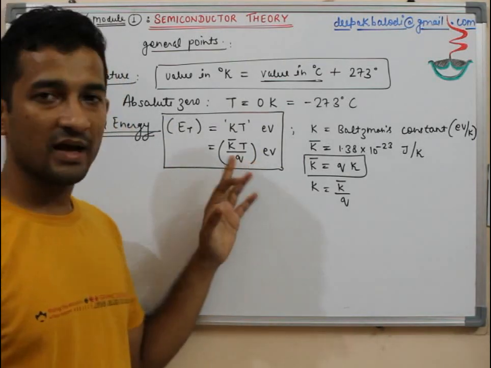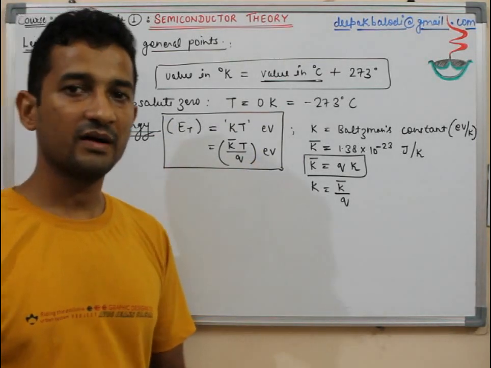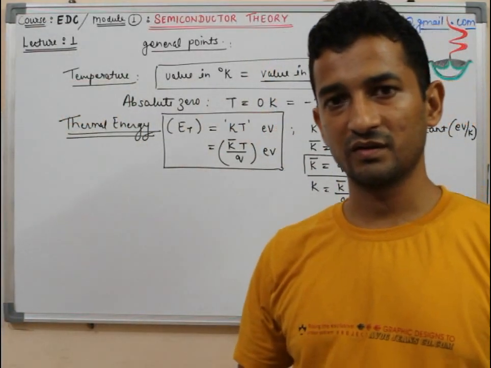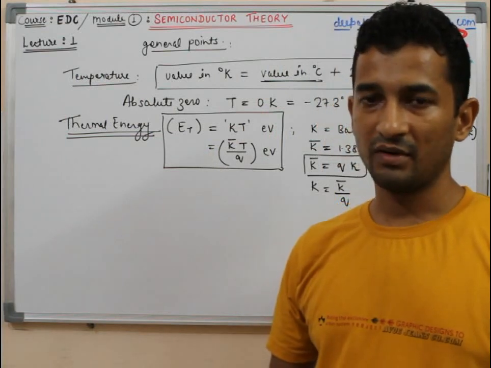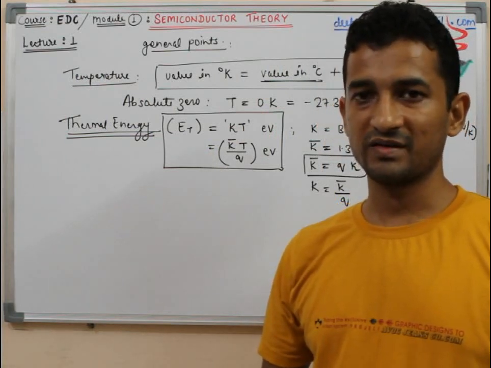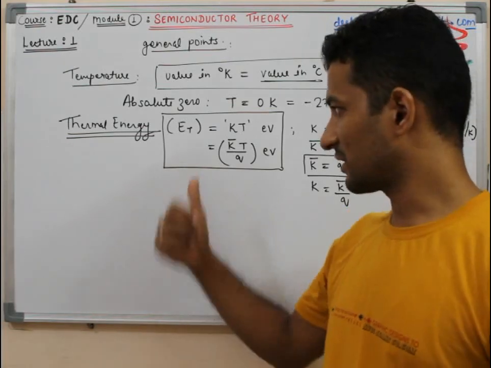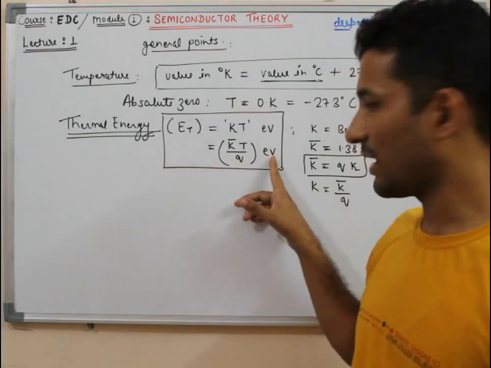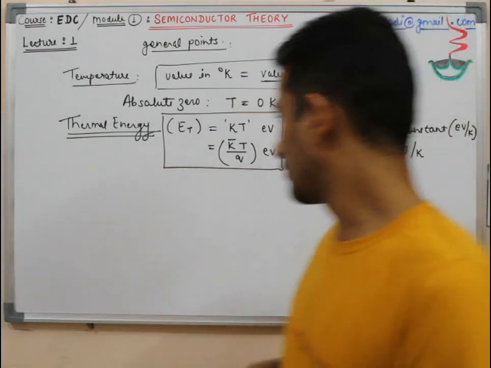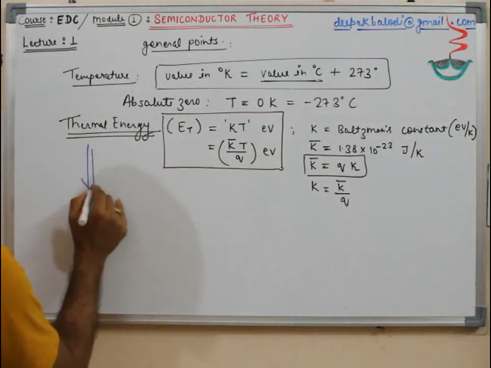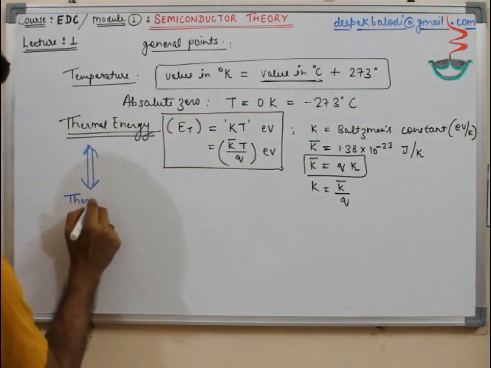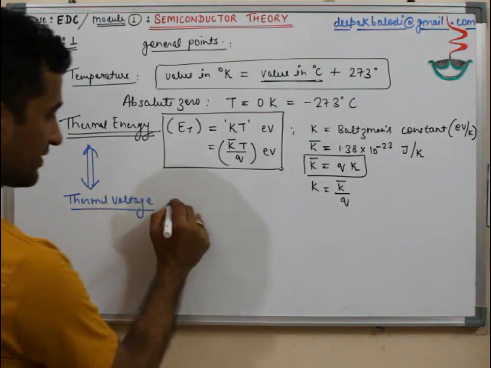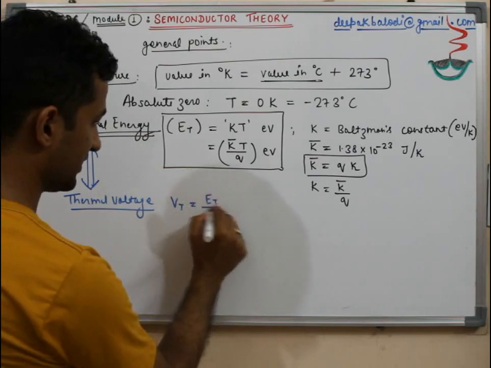Anytime we wish to define the corresponding voltage to this thermal energy, in an electronic system, in a system where we have charges, we can relate the energy, or specifically the electrostatic energy, with the potential difference, or the potential which is already appearing in units of energy here. So we can define a corresponding thermal voltage, and that is Vt, and fundamentally it is defined by Et by Q.